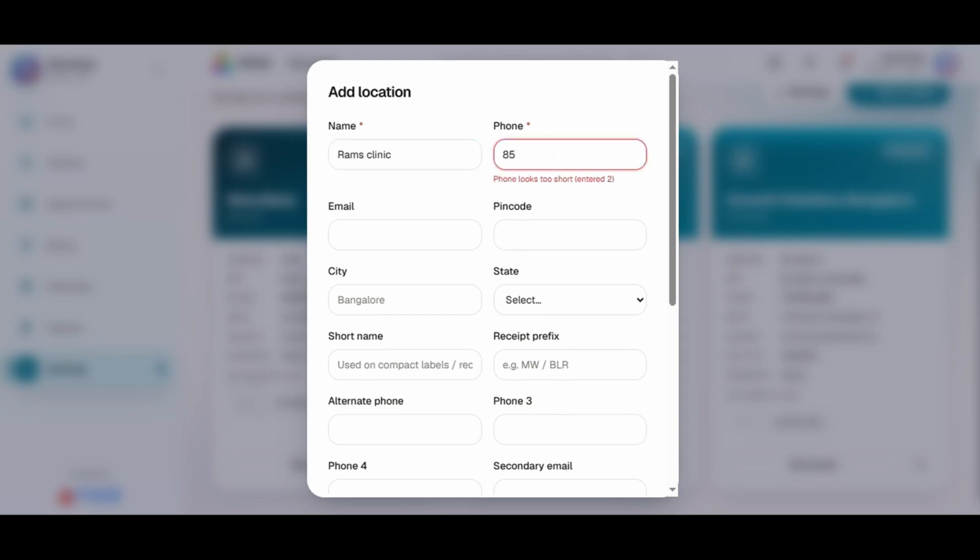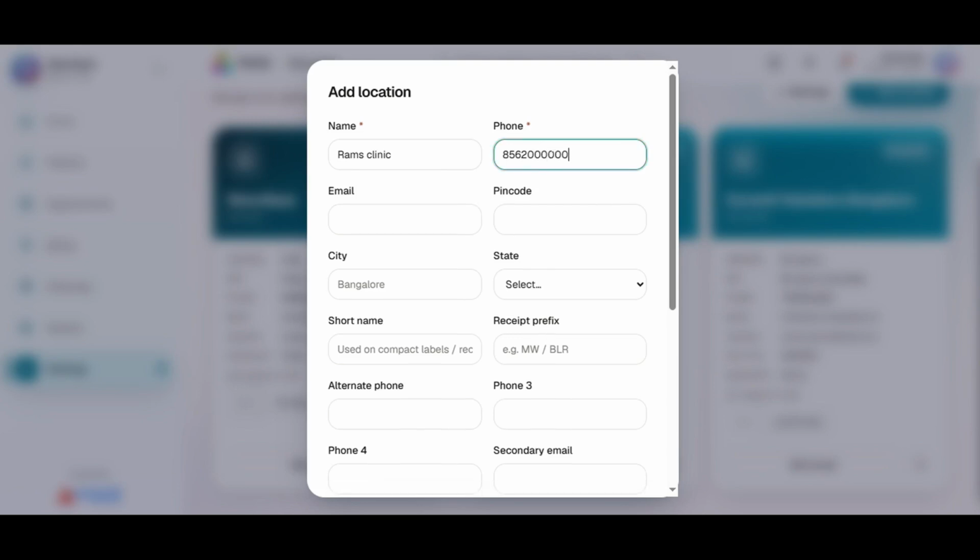Clinic Locations manages each clinic's address, contact details, signatory, and letterhead logo, with one marked as the primary clinic.